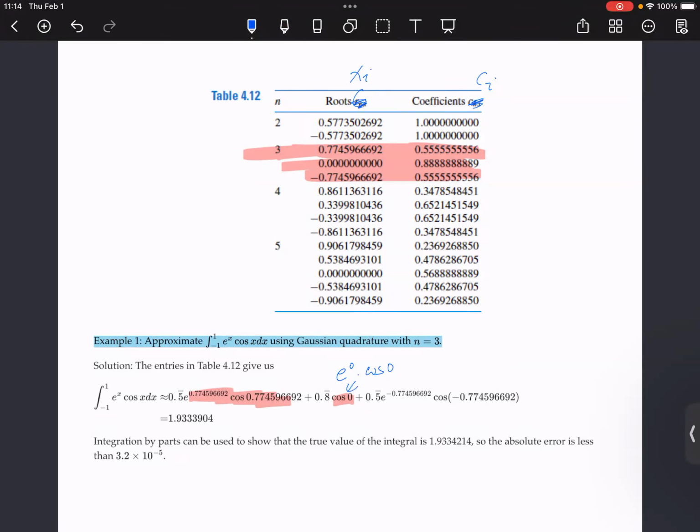This one is just the e^0 cosine 0. You plug in the 0 into the e^x cosine x function. And for this one, this is the third node point value. And corresponding to each node point, we have the coefficients, right? And so for the first node point, we have